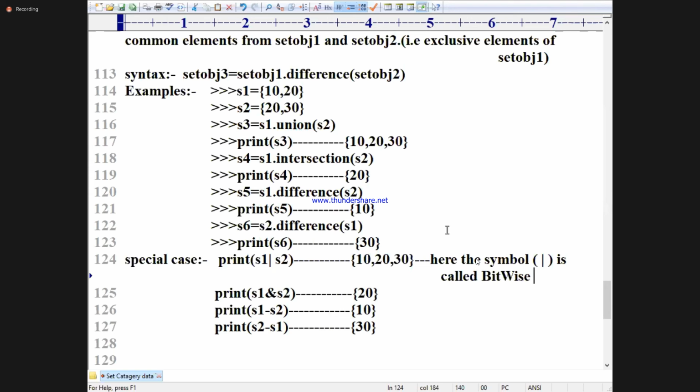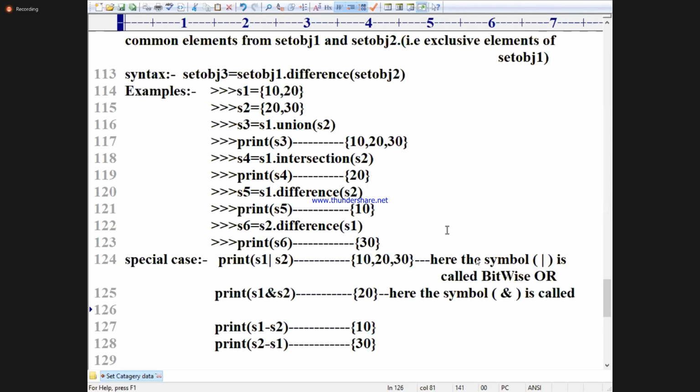I will explain what the bitwise OR functionality is. You write down here: the symbol in the bracket, that symbol name is called what? Bitwise AND.